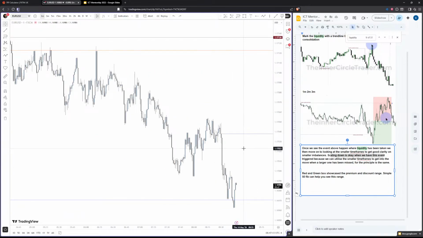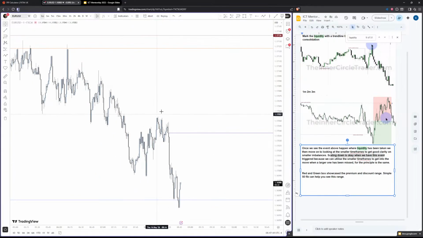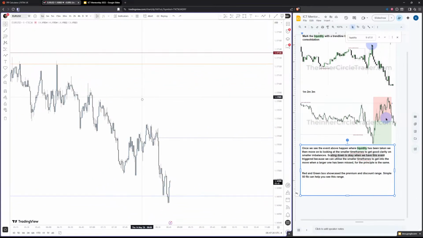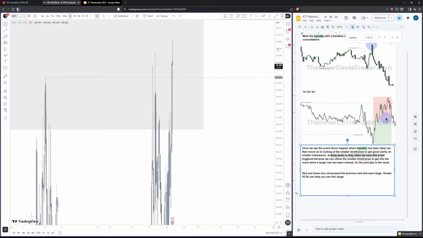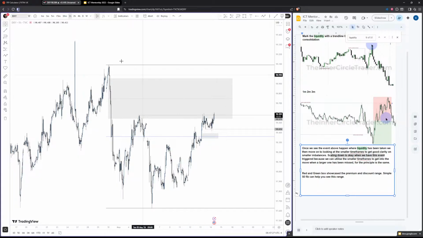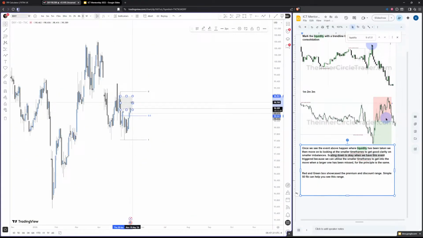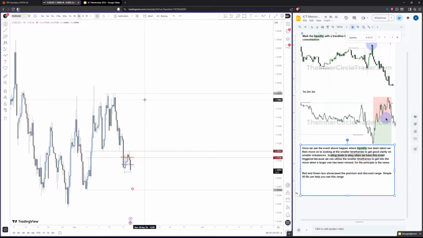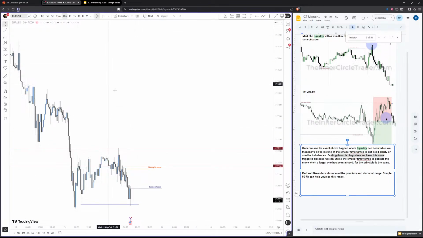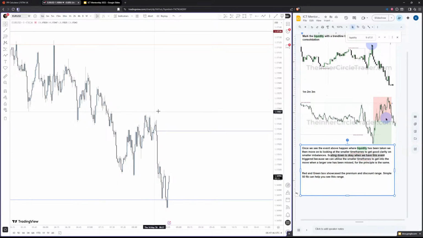For reversal trades, you would need a market structure shift and buy side liquidity as your target. And bearing in mind with DXY, although we are bullish, this is a 4-hour imbalance. On a daily time frame, we don't have that. We're just in the premium and we're just taking the liquidity from this high over here. So there is some case for buys, for sells as well. So with that being said, I'm not neutral, but I'm willing to enter buys as long as I have a target.